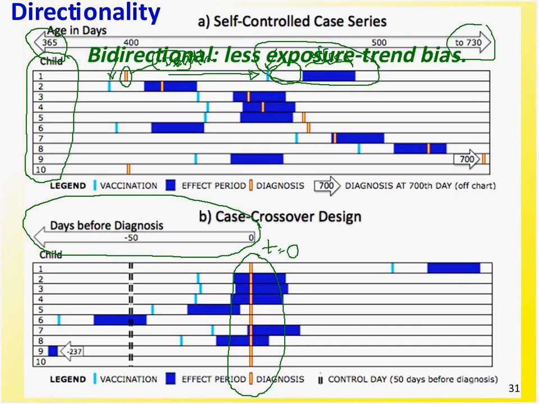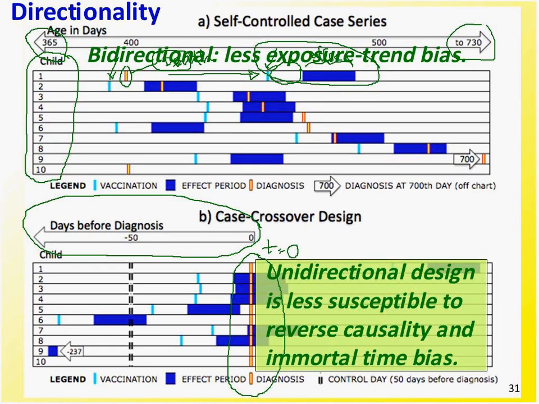If you're concerned about exposure trend bias, but there isn't so much opportunity because mortality is so low in young children,